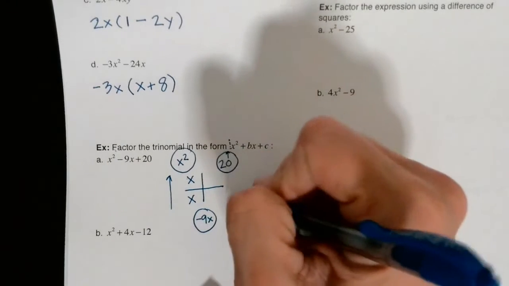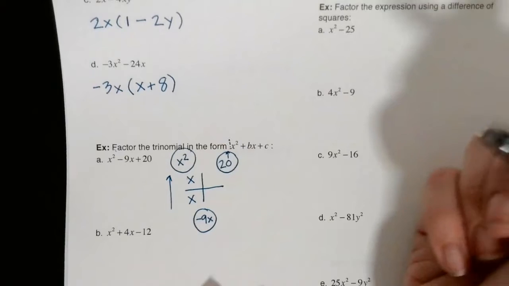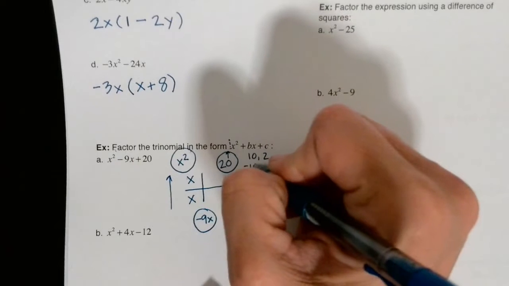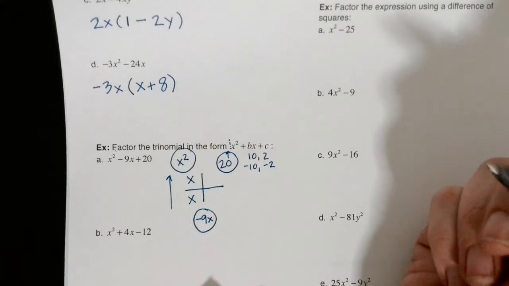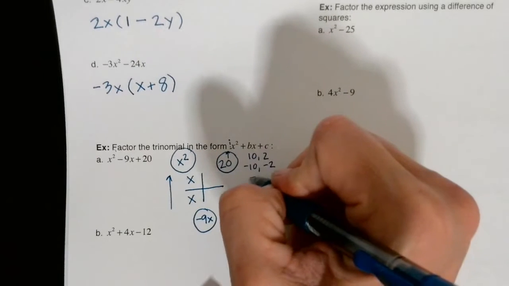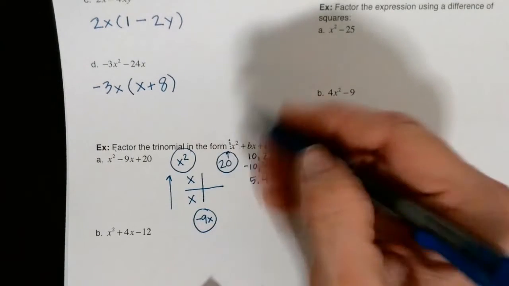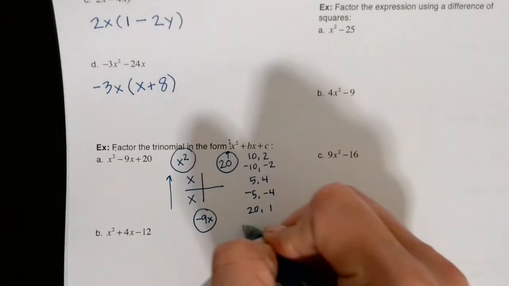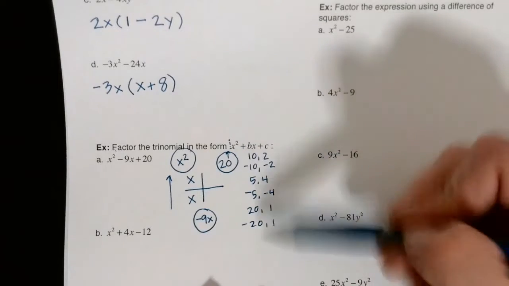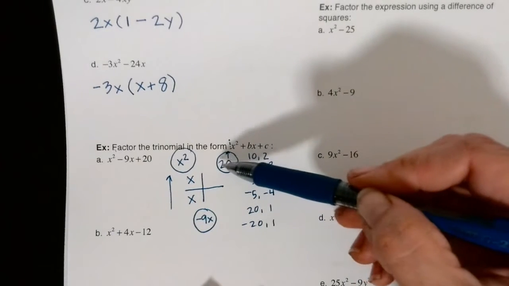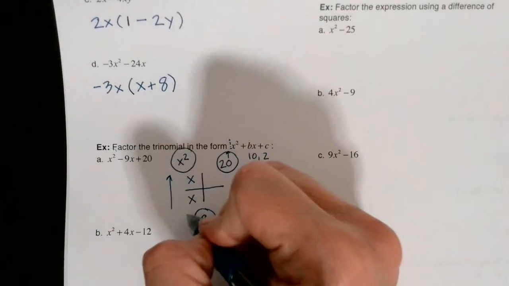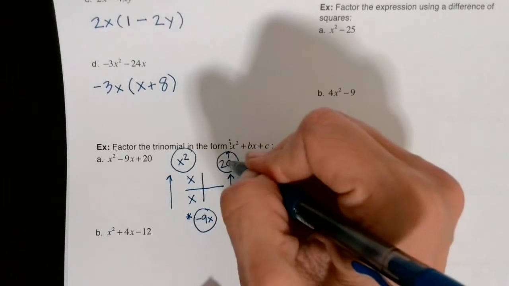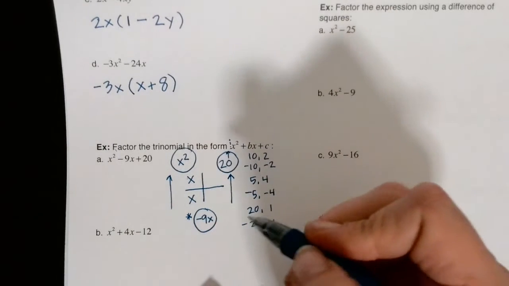Great. What about 20? Well, for 20, you have lots of different things that make 20. You have 10 and 2. Yes. You have negative 10 and negative 2. That makes 20. You have 5 and 4 that make 20. You have negative 5 and negative 4 that make 20. You have 20 and 1 and negative 20 and negative 1. So how do you know which pairs of factors that make 20 go here? Well, that's where this guy comes into play. So you need to find 2 numbers that multiply to give you positive 20, but that add up to give